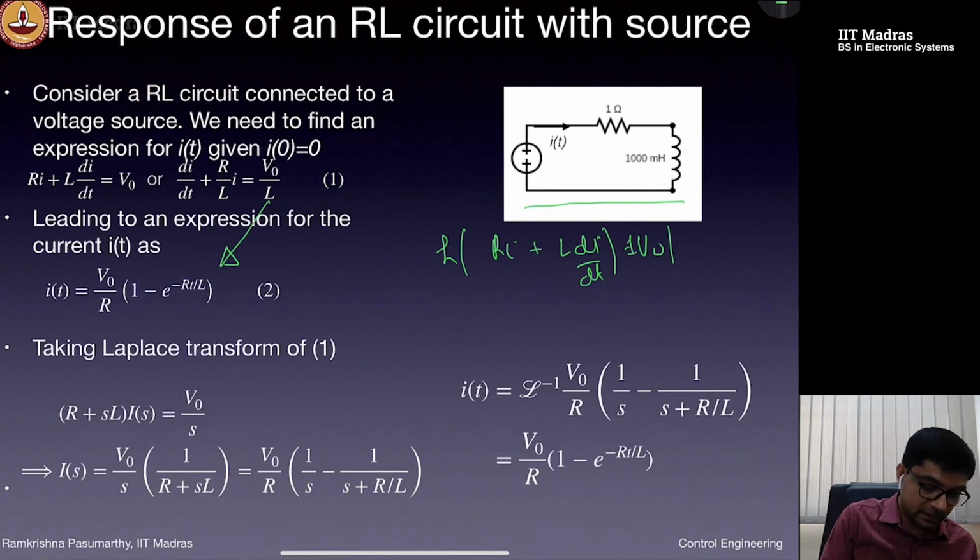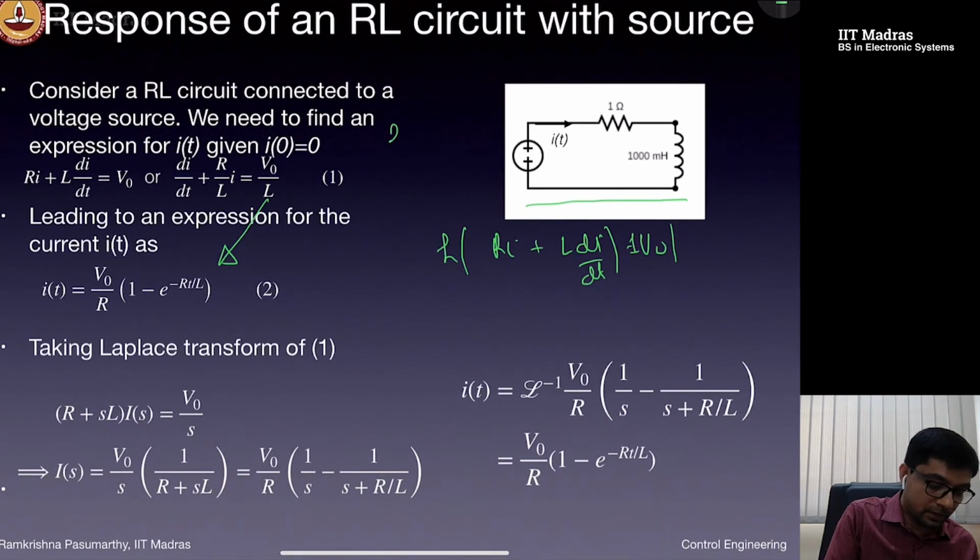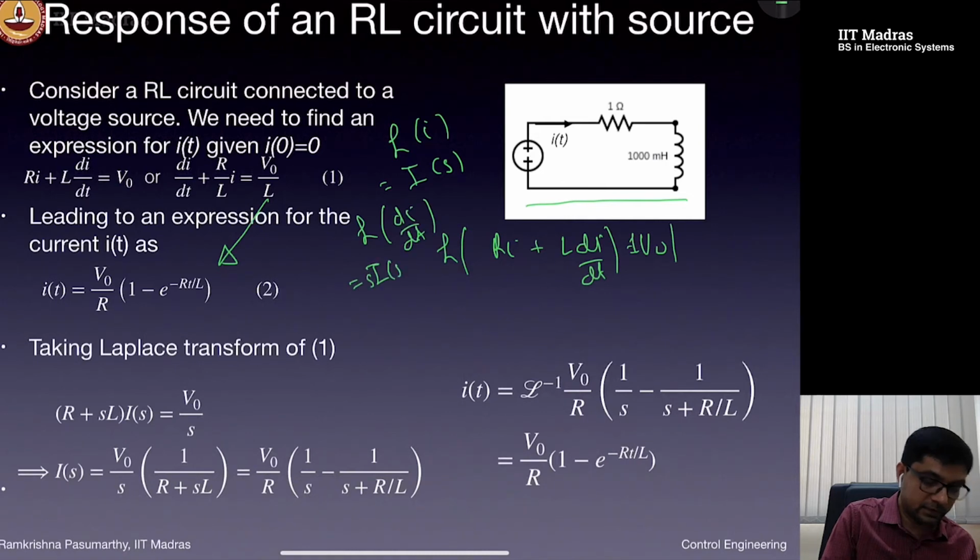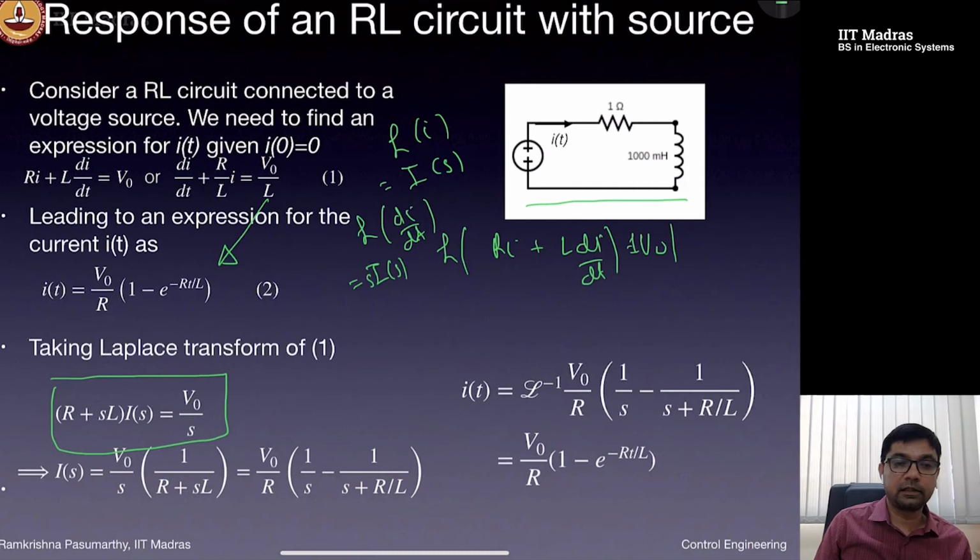If I denote the Laplace of i as capital I of s, the Laplace of di by dt will be s times I of s, by the differentiation property. That leads me to an equation of the form R plus sL times